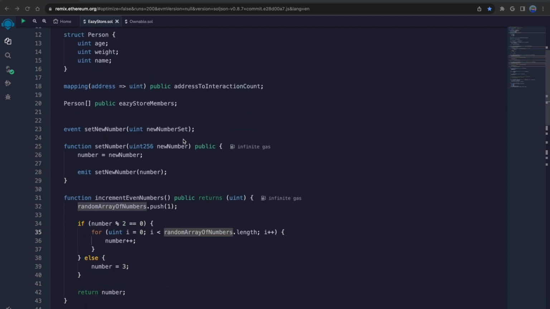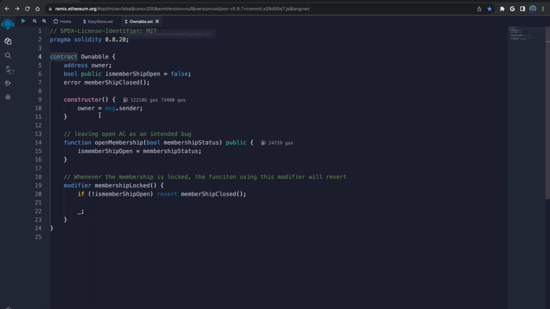Let's jump into the code here, and let's go to where we have our revert statement. Let's say your contract is performing some type of operation, and if a condition doesn't check out, you want to revert or cancel that transaction. That's all you're doing. You can use revert in this case.